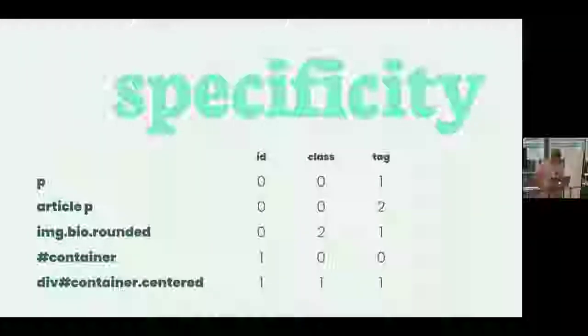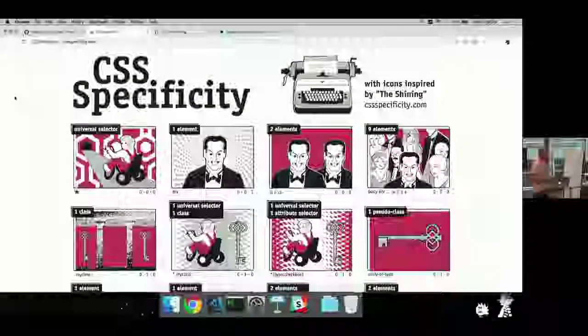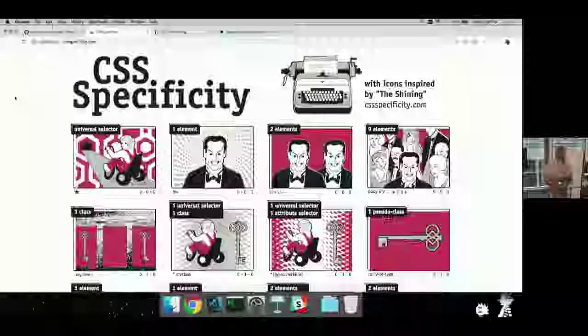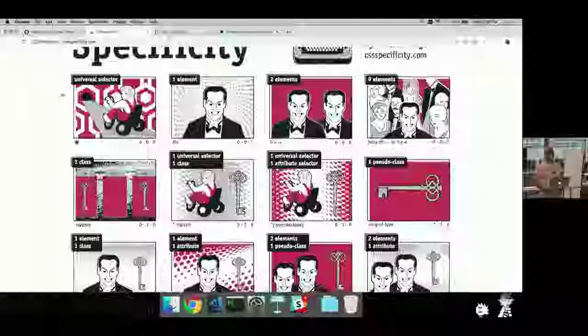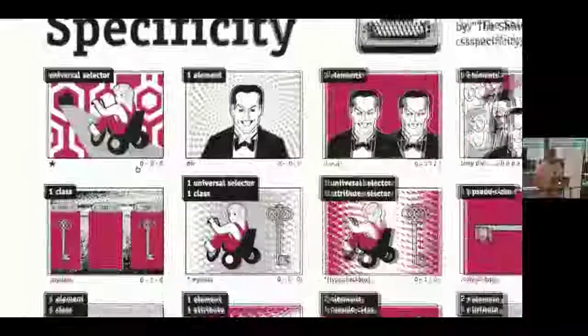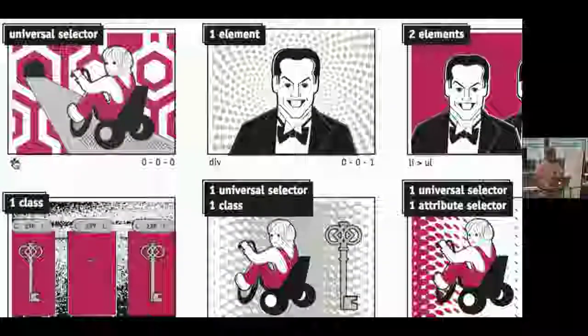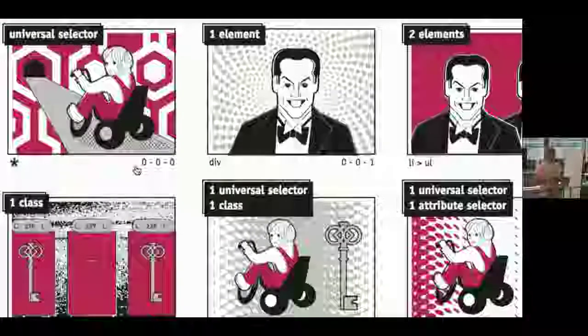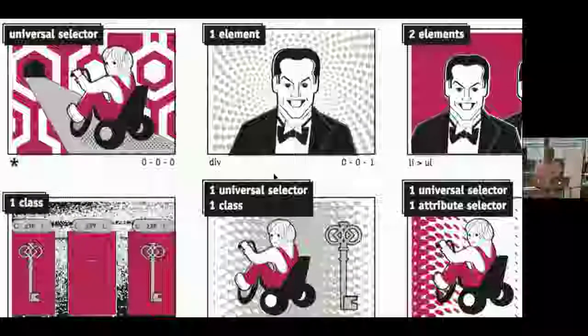Okay, let's talk about specificity. This is a situation where we might want to bring up this little sheet that I have here, and this kind of makes it a bit fun. This is CSS specificity under the shining theme of things. I've seen boxes and things like this before with other themes, but this is kind of a fun one. So the universal selector is not specific at all, let's say. That's this star that you saw me use this morning. It would have a specificity value of, let's say, 0 for argument purposes here.